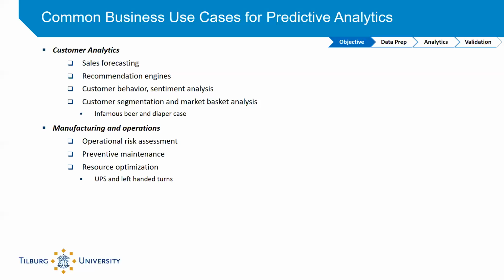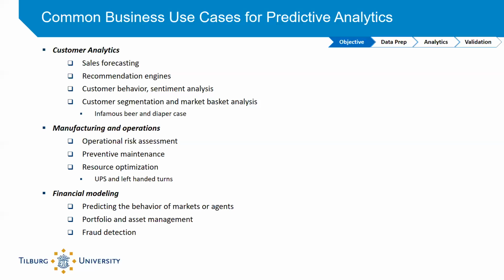The second group of use cases comes from the manufacturing and operations domain. Here, predictive analytics is used for operational risk assessment, for preventive maintenance, and for resource optimization. One of the best examples for this is the use of predictive analytics at UPS, which resulted in an understanding that left-handed turns in the US were generally less efficient and consumed more fuel. The third group comes from finance,